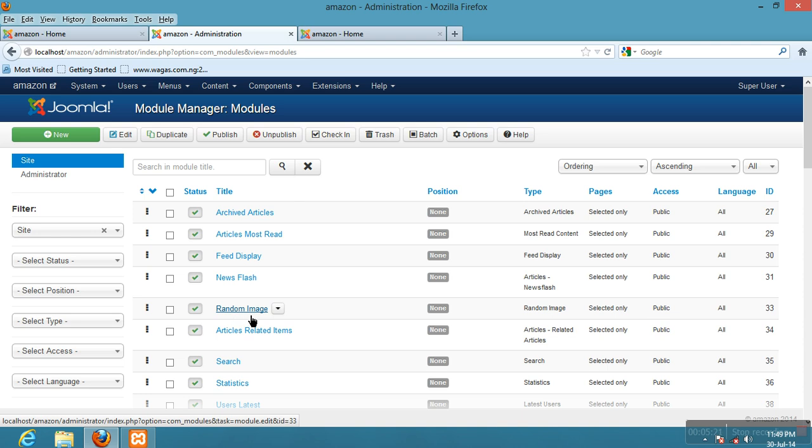This random image module is different from the normal image module. It simply means images that will be shown randomly when we activate it and bring it to our front end. You understand what I mean by that. Just the way we did for latest news, I'll simply click on random image,